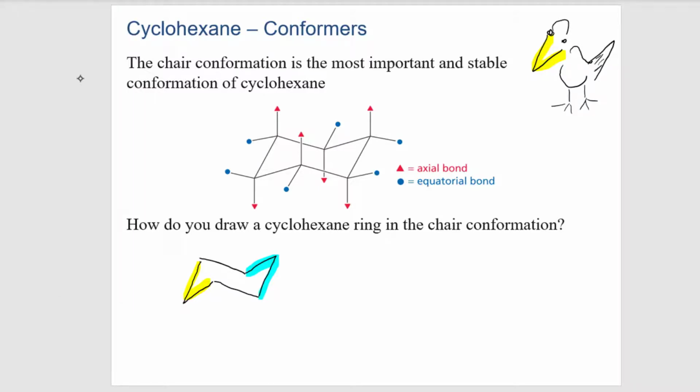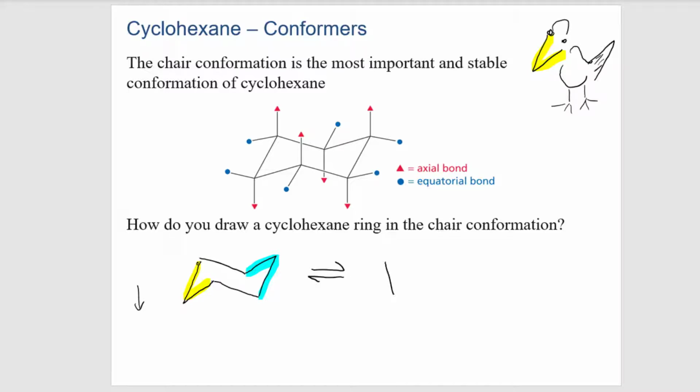Okay, so if my duck is looking down, here's his eyes, he's kind of looking down. My duck is left justified, so my beak is on the left and my tail is on the right. If I keep beak on the left, tail on the right, I can draw the other chair conformation very easily